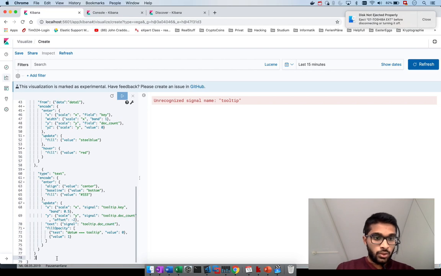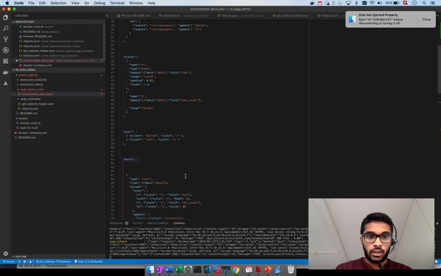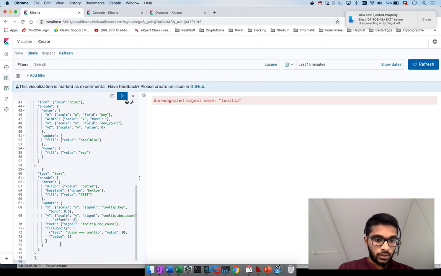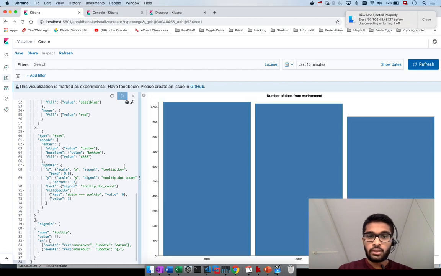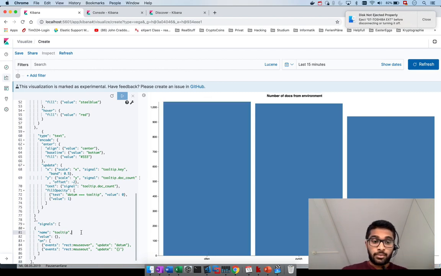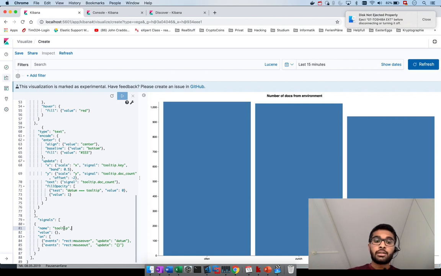So we need to do that, and that will be here. What I've got, that was the skip signal which we skipped at the beginning. So we can put it in, and you see at the top of it, you can see the value fetched and shown. And for the tooltip, with the signal tooltip, you're actually doing nothing. The name of it is tooltip. The value at the beginning is nothing, and on